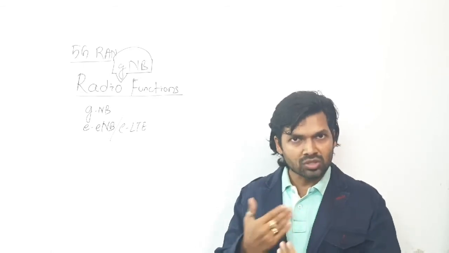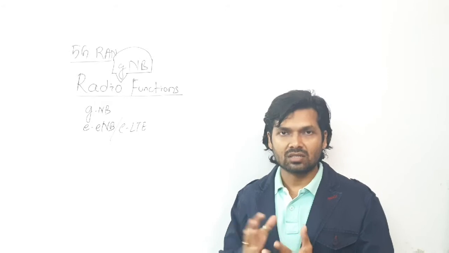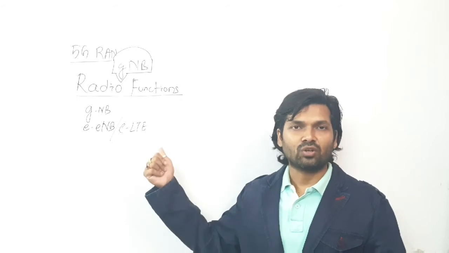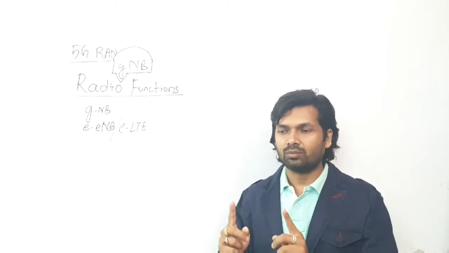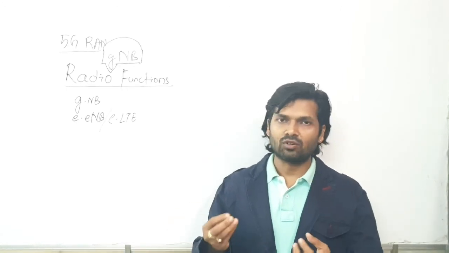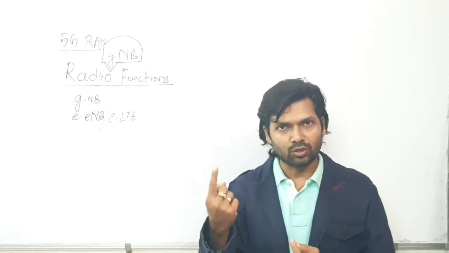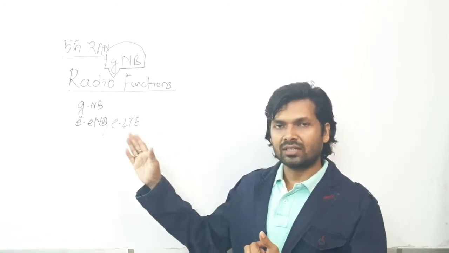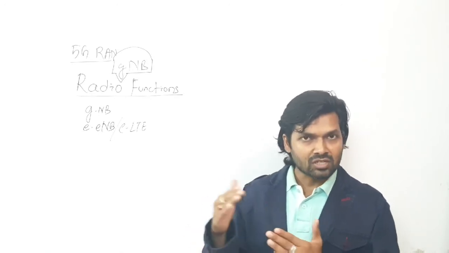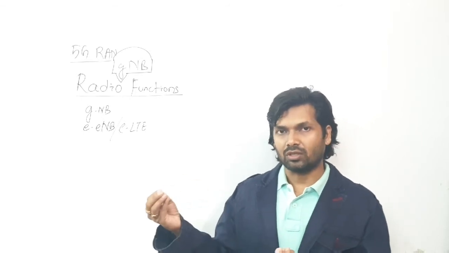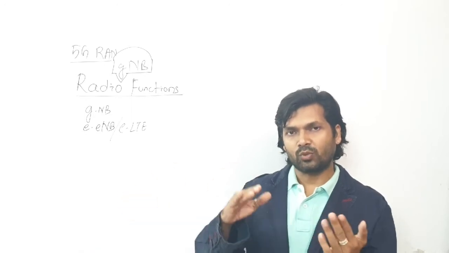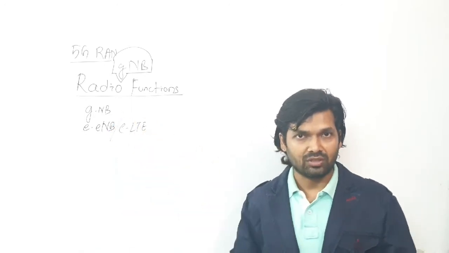Now the multiple numerology is something which is supported under the slice support. Definitely we know that in LTE we have only one numerology; we were using the subcarrier spacing of 15 kilohertz. In some rare cases we use 7.5, otherwise it's 15 kilohertz, just one numerology. In NR we have 15, 30, 60, 120 and 240 kilohertz, different subcarrier spacings. So these five different numerologies are supported only in NR, the gNodeB, the 5G node.